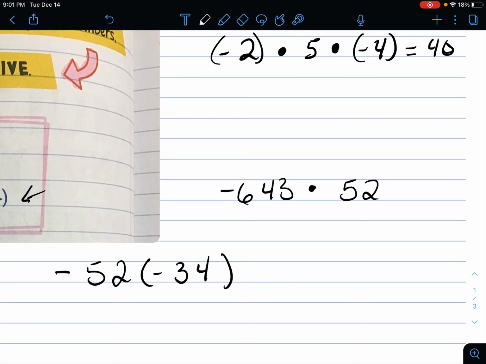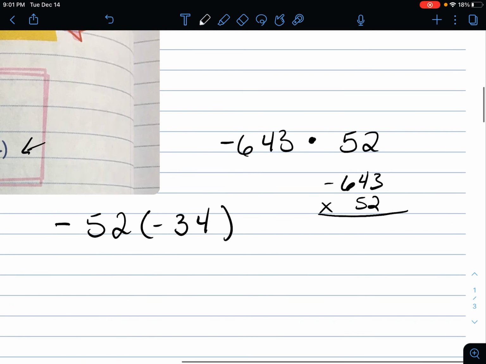All right, now we've got negative 643 times 52. So now we're just going to go through the steps to multiply. So I'm going to bring it over, 643, that's a negative, times 52. So remember, when multiplying multi-digit numbers, you're going to multiply everything by the ones place, add a 0, multiply everything